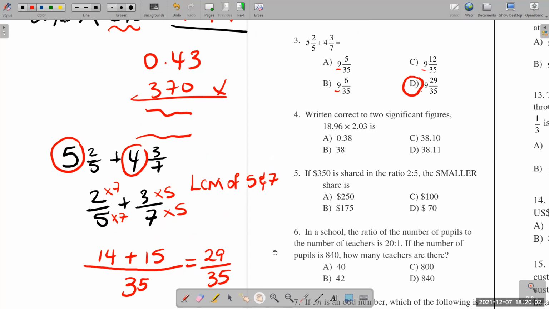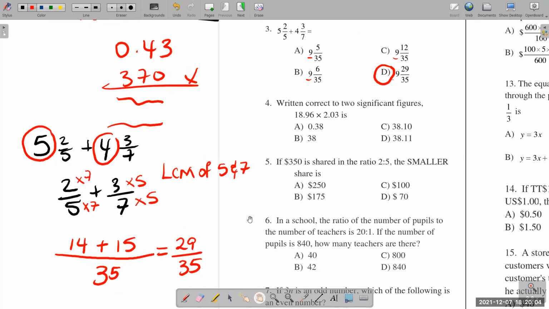All right. Let's look at number 4. Written to 2 significant figures, what is the answer when we multiply 18.96 times 2.03? Now, remember paper 1, you can't use a calculator. So you have to use the process of elimination. What do you realize about your options? Look at your options first. So you would realize that they asked for 2 significant figures. So even without,